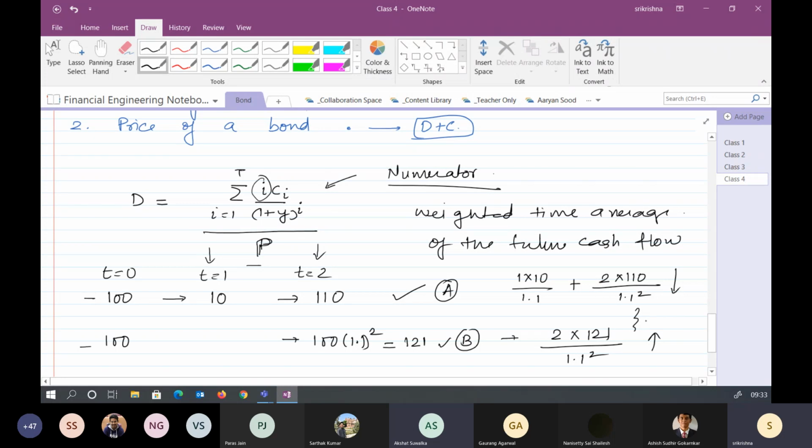The second duration is more than the first one. Why? Because this I term is already there. If you look at it, we are multiplying by time, which is how long I have waited for the cash flow to occur. If my cash flow is occurring quickly, as in A compared to B, my duration is definitely going to be lower, if I get the intermediate payment either in terms of a larger sum or earlier in time.